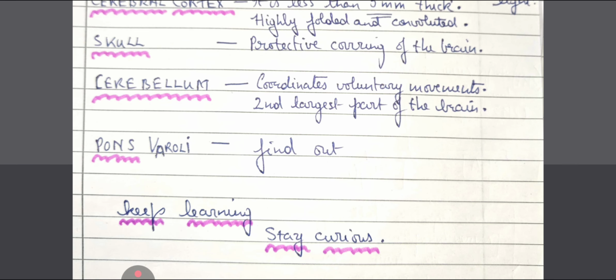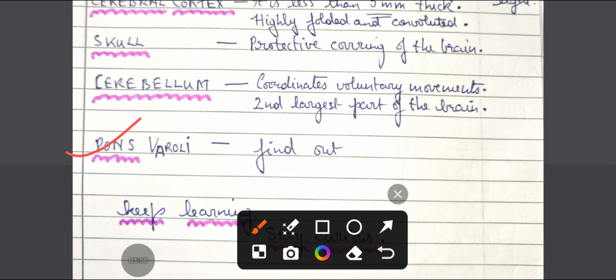Then we have pons varolii. Find about it. What is pons? Find about pons